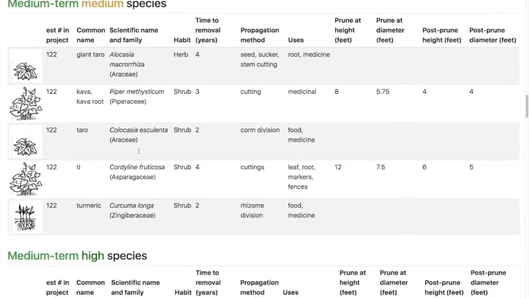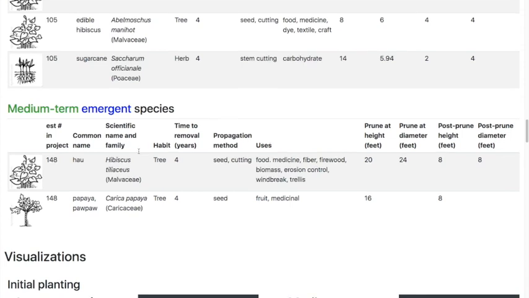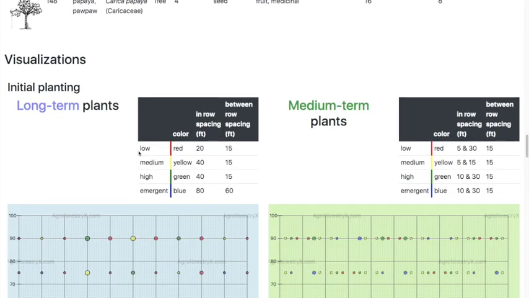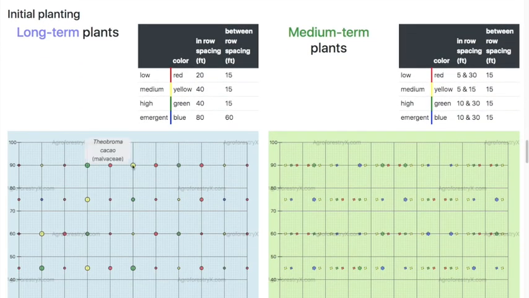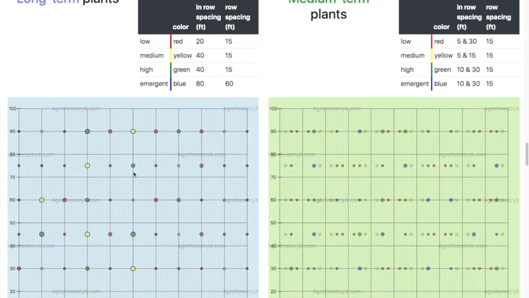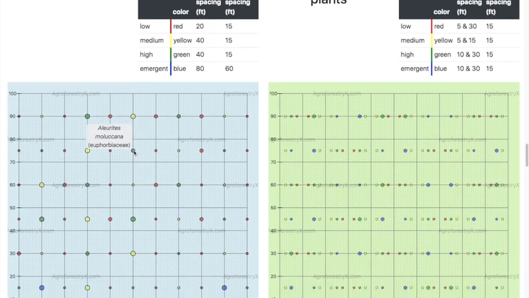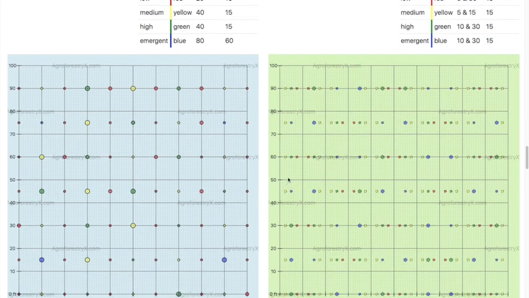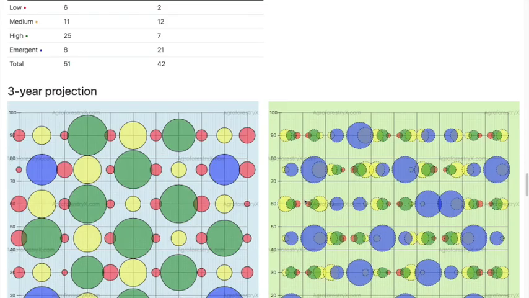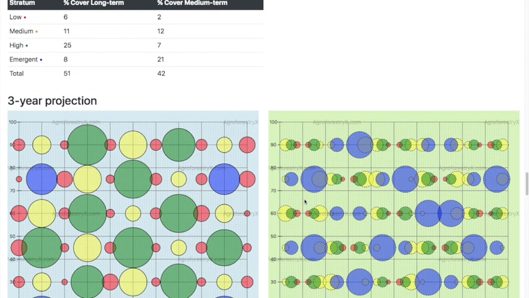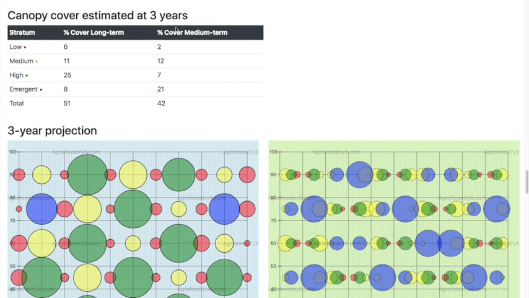And then we go into the medium term. And here we have the visualizations, again broken up, initial and the 3-year and the 10-year. And these are still live, so you still have a chance to look this over and make sure this works for you. And here's the 3-year, again with your medium cover and your long-term cover here.